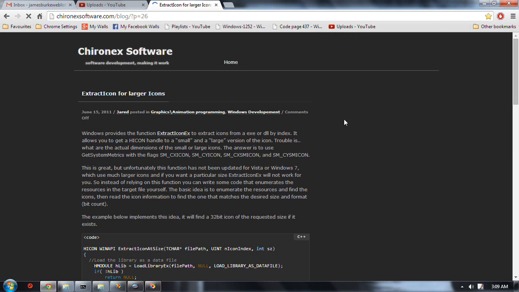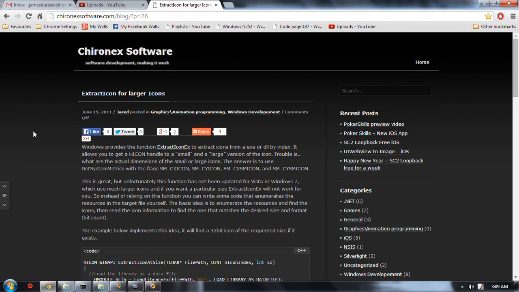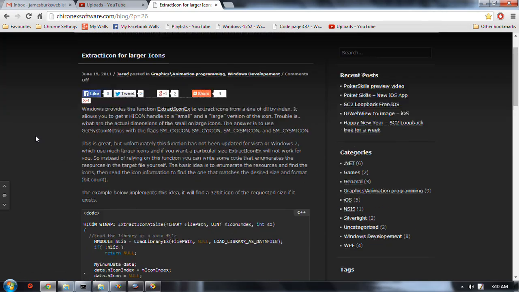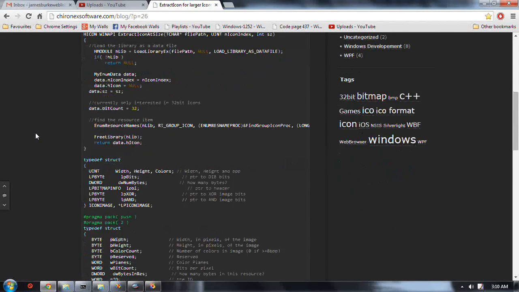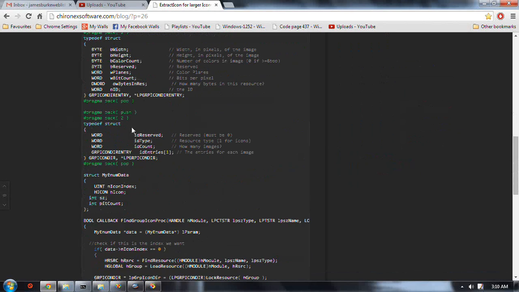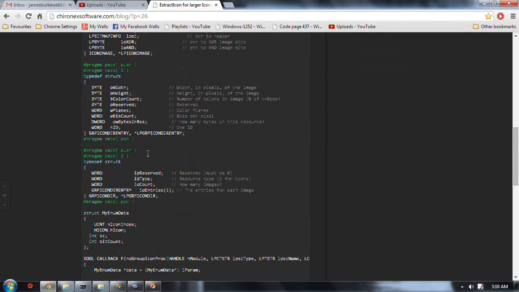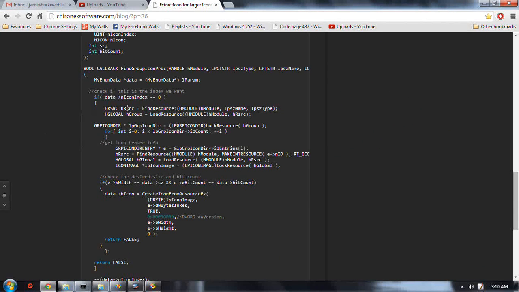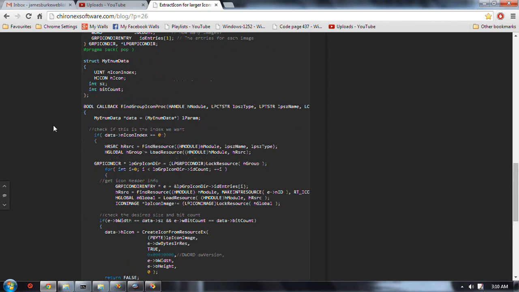And I was already thinking along these lines that the only solution is you've got to go in and extract all of the icons and see what he's getting, the bitmap data, and then search through for one that has exactly the size match, and so on and so forth. I copied this code